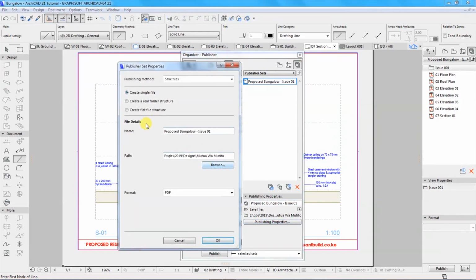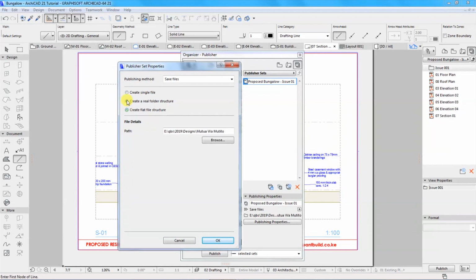Click on publishing properties, so you can see the publishing method that we have selected. Because what we want to do is save these files as a PDF. I will choose save files,